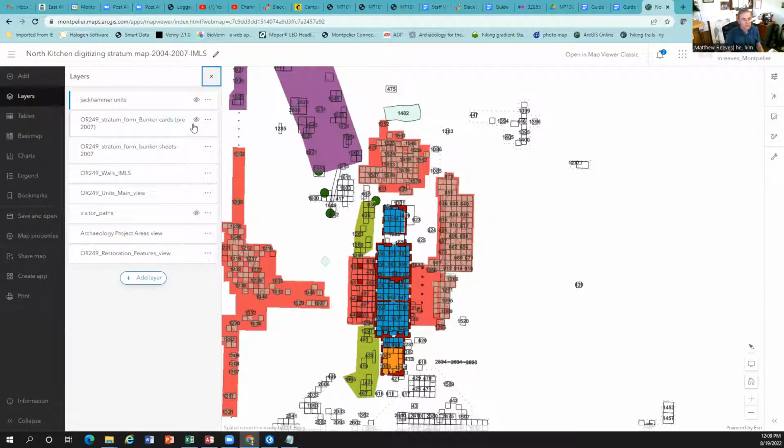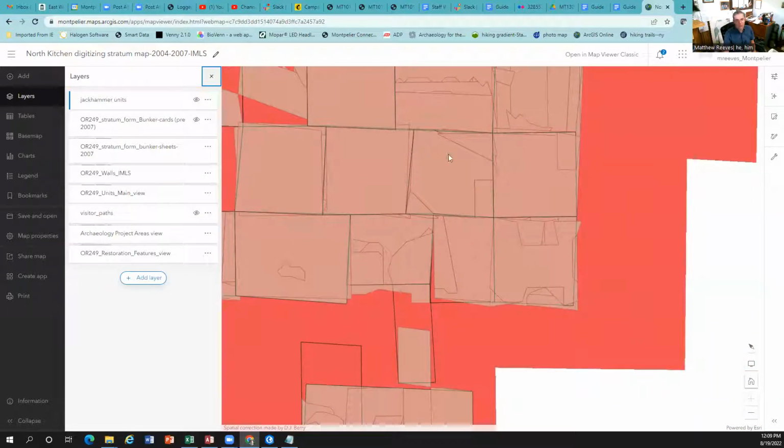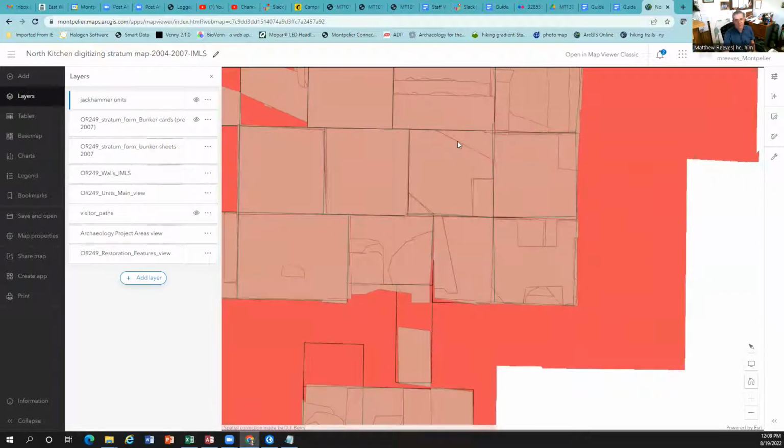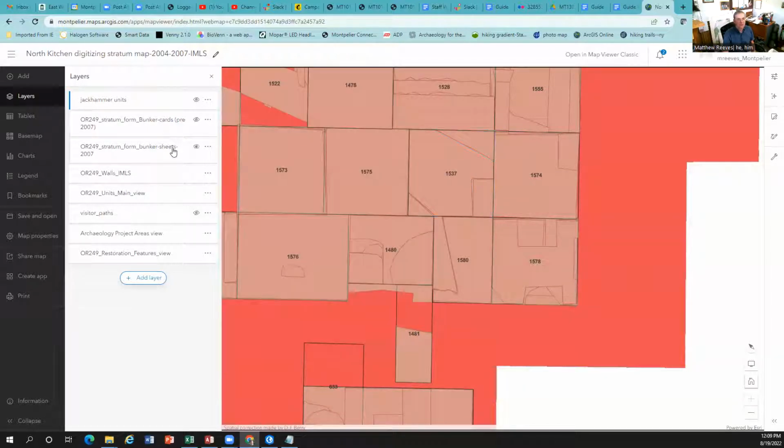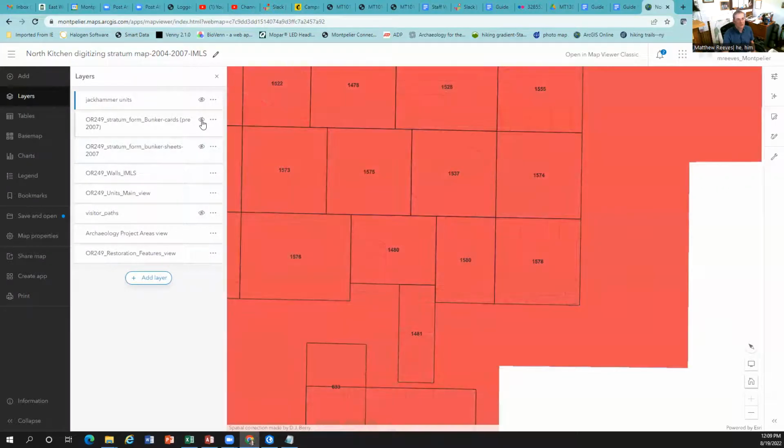And so these all refer to the layer of where you all have been entering all your stratum information. So if I click on any of these, like North Kitchen, the DuPont Kitchen, MT 1537G. But if you're doing a card, what you'll want to do is turn off the sheet layer, turn on